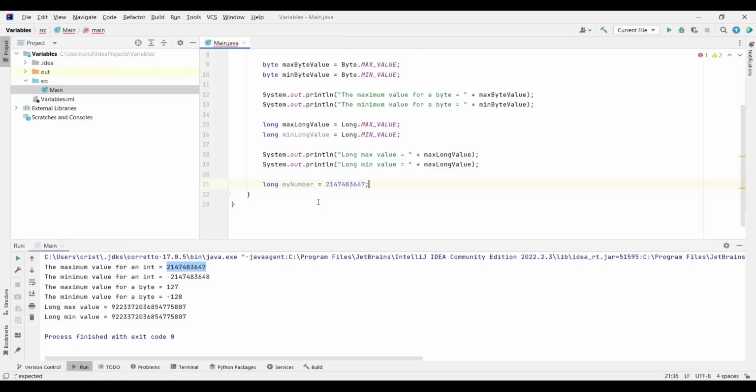So let's put semicolon. Okay, so everything works fine now. But now if I increase this by 1, look what happens. I get an error. And now you may be wondering, hey, but this number that we have here is much smaller than the number that can be stored in a long, so why do you get an error?